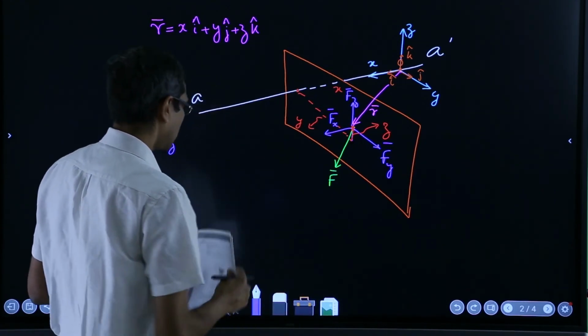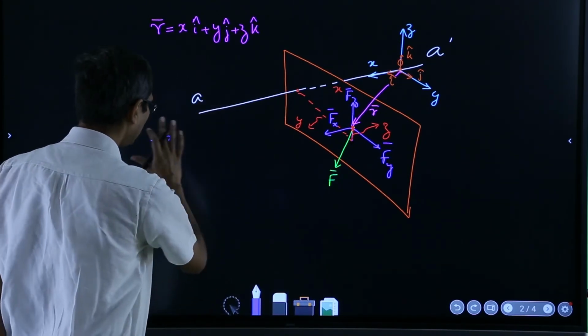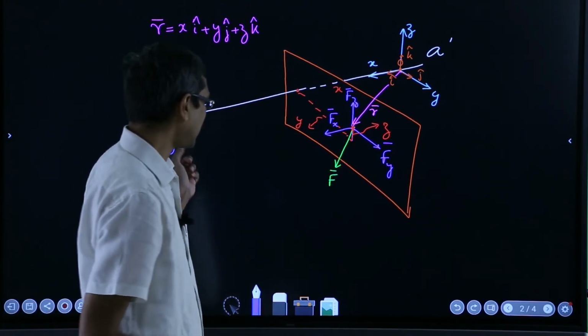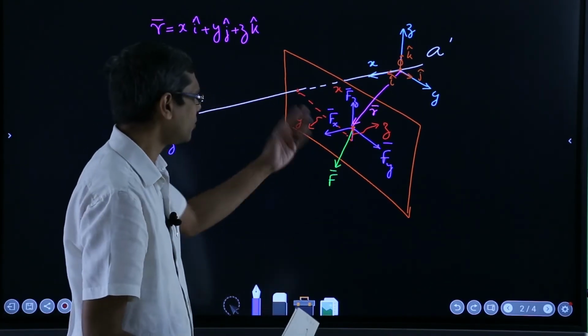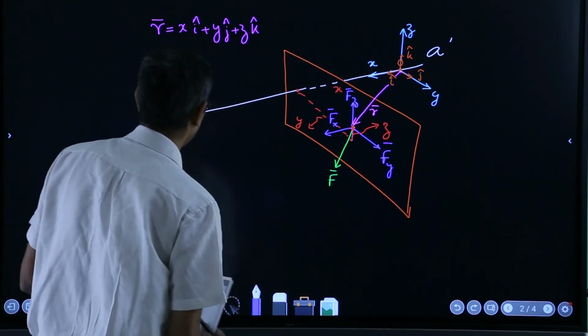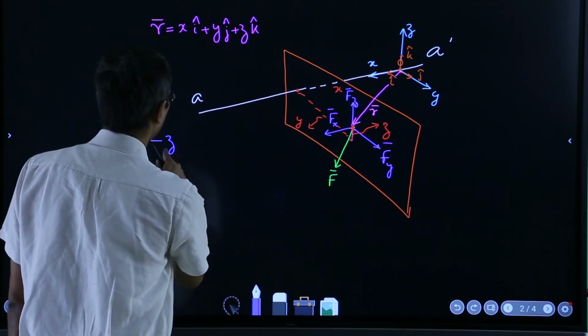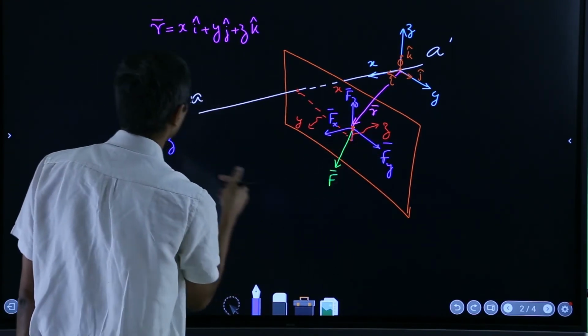So that is what I was meaning, that I have taken all positive direction fx, fy, fz, so that the quantities will be looking nice, and then once you get that, that will be valid for any direction you choose, or the component when they come in any direction. Okay. So now this z times fy,